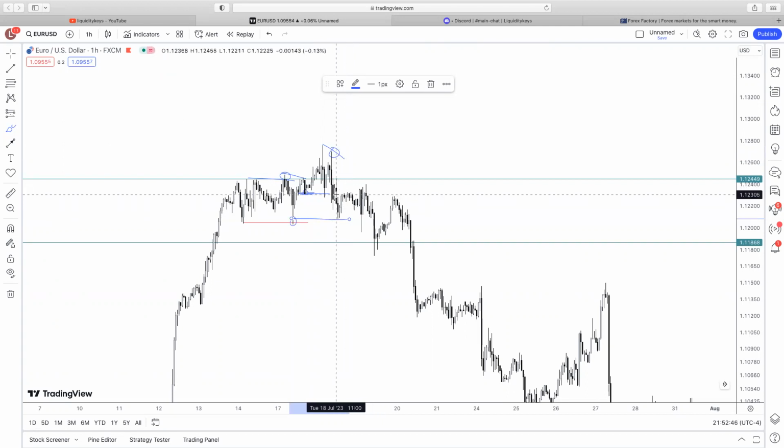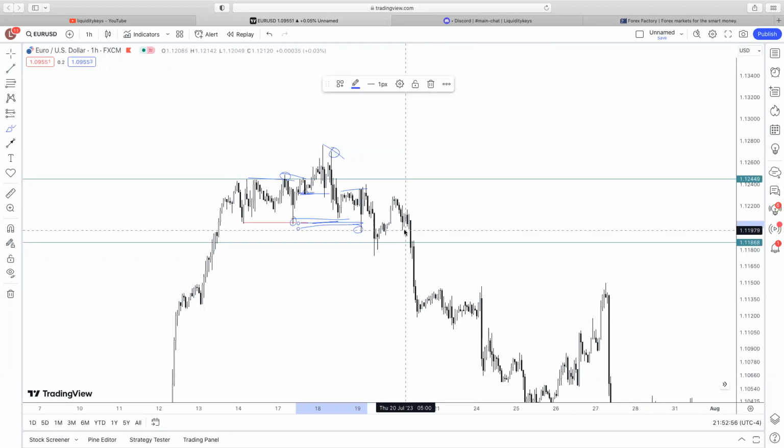The price mitigates, and before it runs this, notice how it drops and breaks structure. We have now broken internal structure, but we still need to pull liquidity and establish a high before going down. Price comes up, runs internal liquidity and respects the last point of mitigation on this order block. It drops down, inducement, and look where price perfectly ends once we've fully broken out of the structural range, because